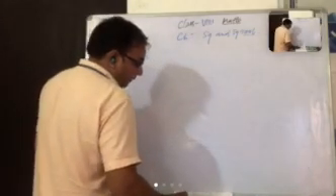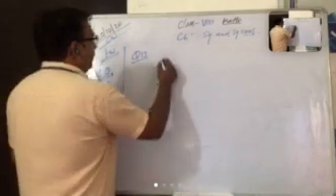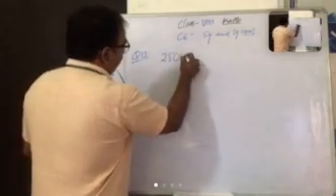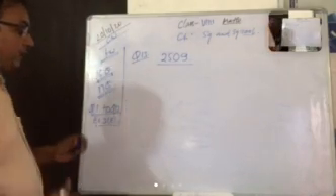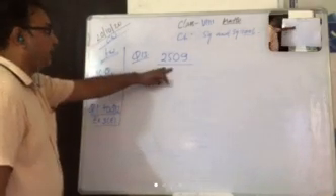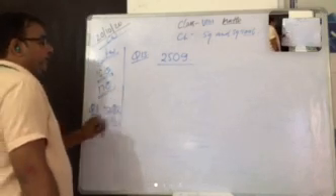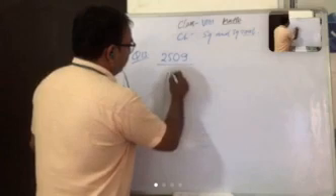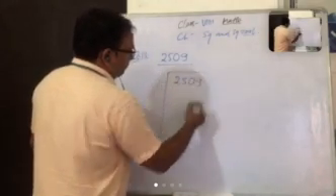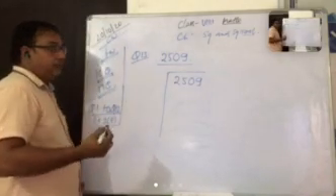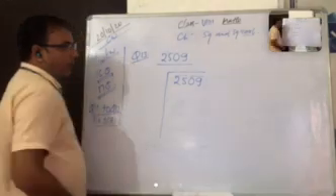Find the least number which must be subtracted from 2509 to make a perfect square number. Means 2509, we know that 2509 is not a perfect square number. So we have to find the least number which must be subtracted from this to make it a perfect square number. So first we have to find the square root of this number with the help of the long division method. So first we mark a bar over it.